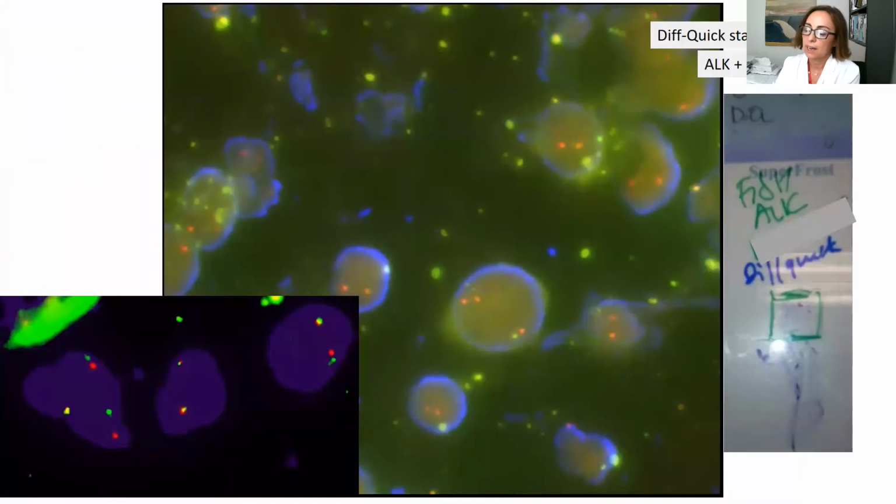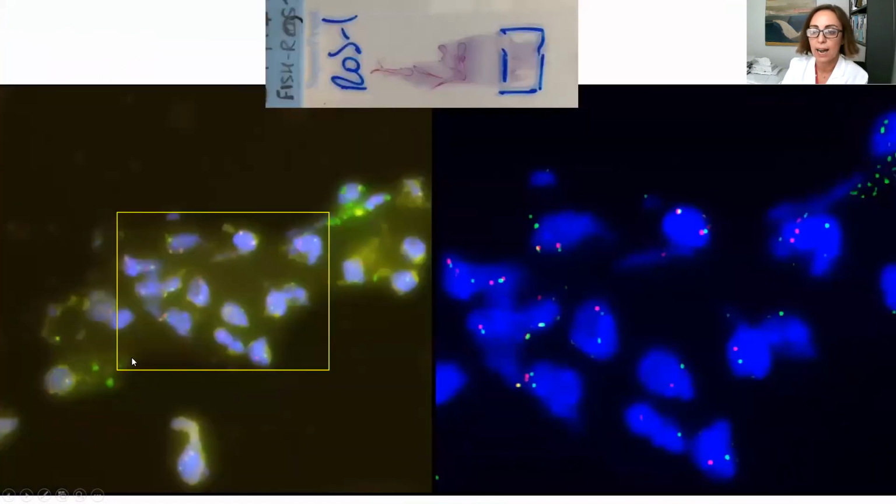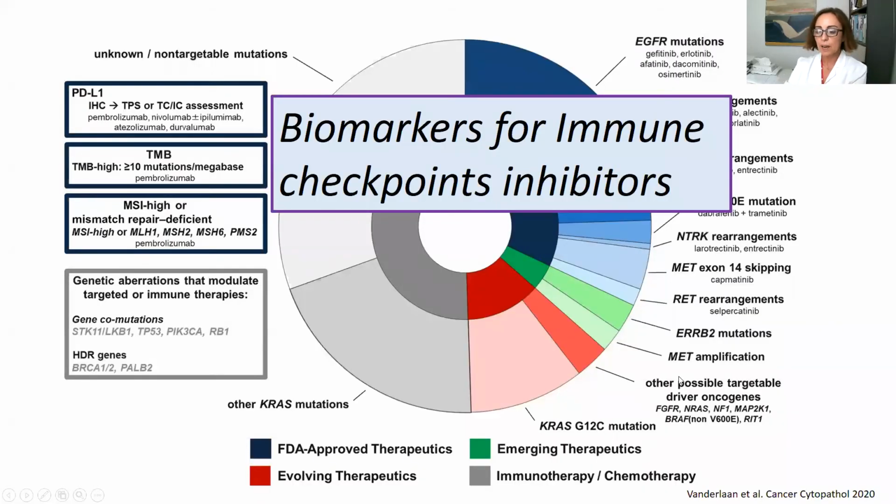This is a real case of ours. This is a FISH performed on a Diff-Quik stained smear. We want to analyze this part of the smear, and here are the results with the positivity for ALK. And this is a ROS1 in a Pap stained smear. Same, we choose this part of the smear. This is the real image, and this is the magnified image. But we can see here easily the positivity for ROS1. And following this